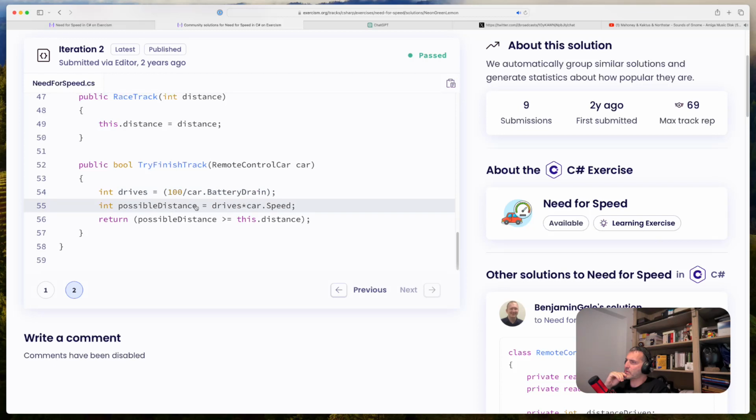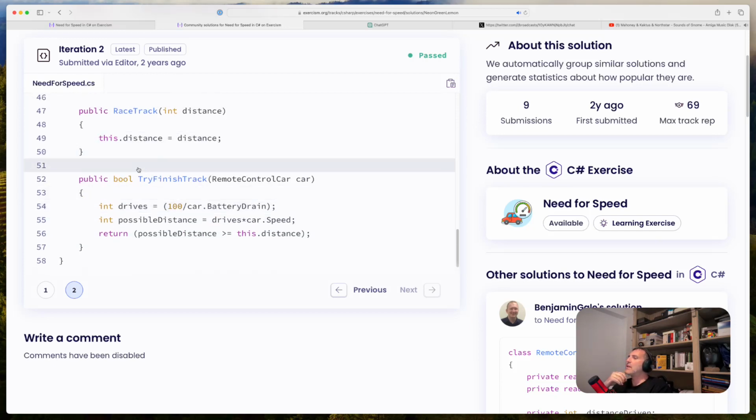Possible distance. Yeah, this is what I tried to do without driving it. Drives multiplied by car speed, possible distance greater or equal to this distance. I guess the difference here is that if you use an instance of that car,